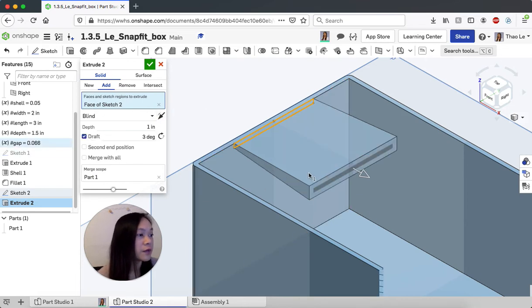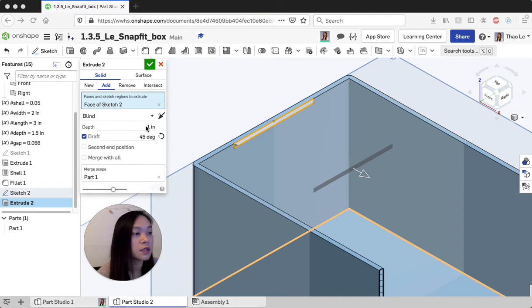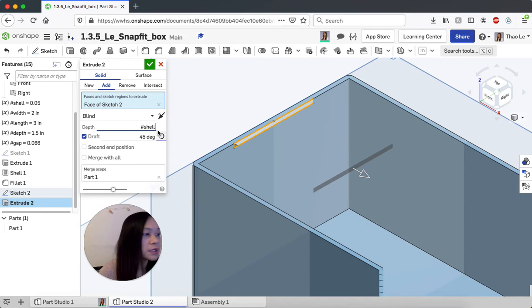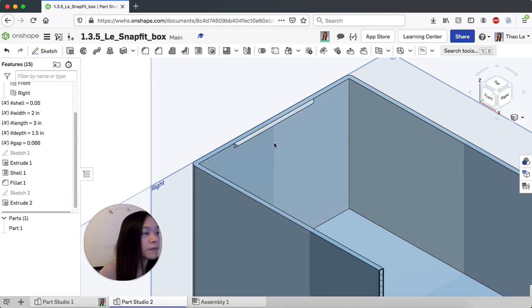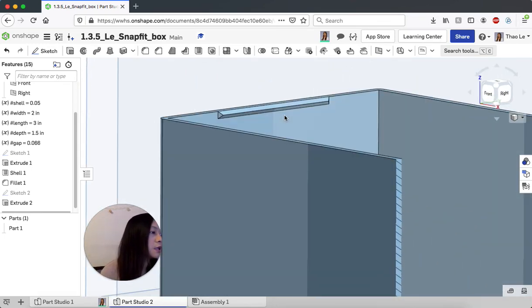We're going to draft it. So drafting it, as you can see, lets it come out at you at a certain angle. Okay, so the angle can go out or it can go in. So we're actually going to go in at a 45 degree angle, and then our depth is going to be, I believe, the shell. So let's say this is the shell. Okay, and we want to keep this small so it kind of clicks in. Okay, so as you can see it right here, so let me check that. Okay, it's like a little triangular lever thing so that you can see it will hook onto